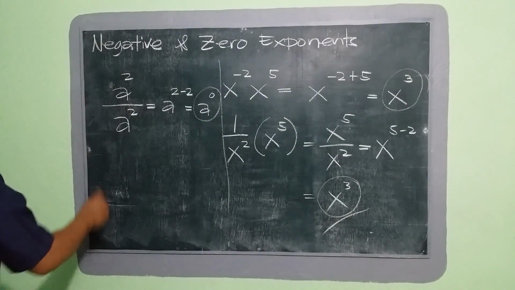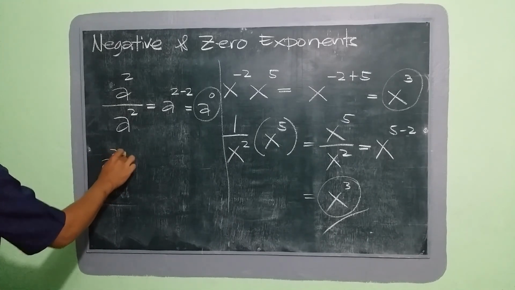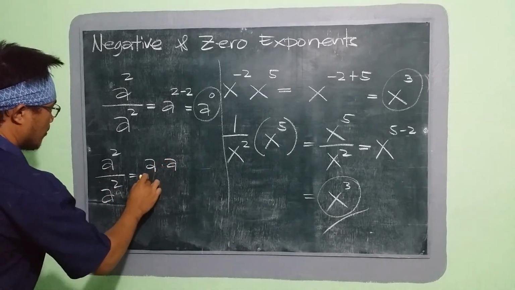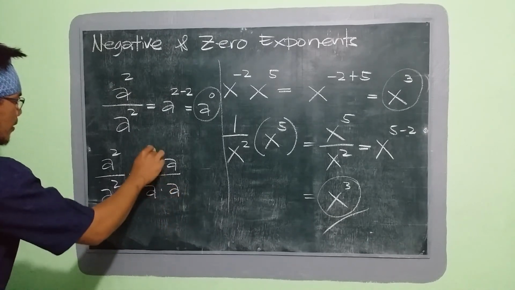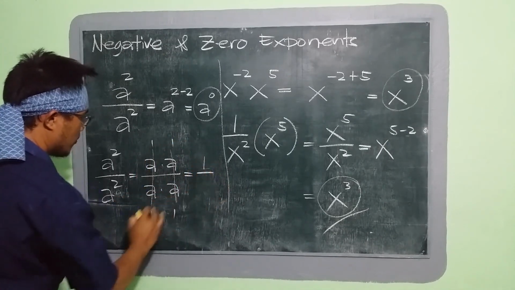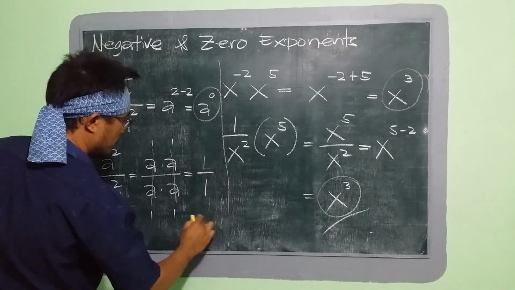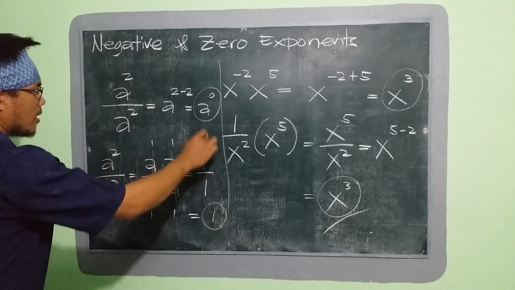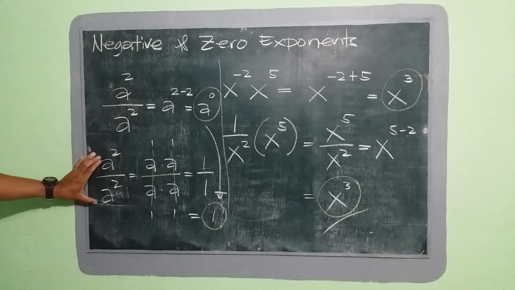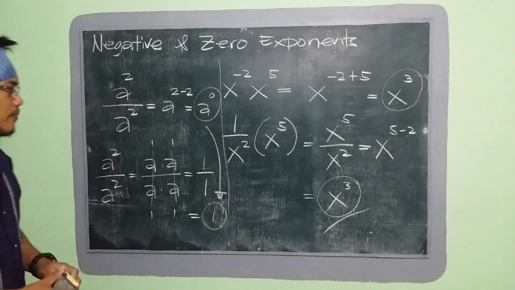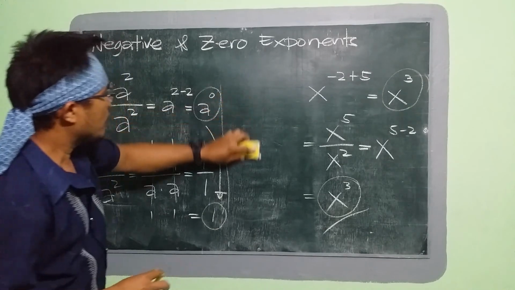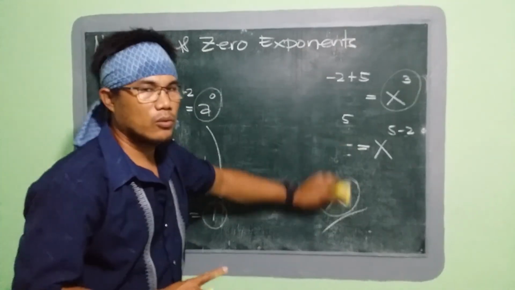Or we can solve this one in another way, by factoring. So we have a squared over a squared, which is equal to a times a over a times a. We cancel out and put 1. So that is 1 times 1 is 1 over 1 times 1 is 1. So 1 divided by 1 is equal to 1. Therefore, we can say that a to the power of 0 is equal to 1, because it is the same problem solved in a different way. That is the reason why